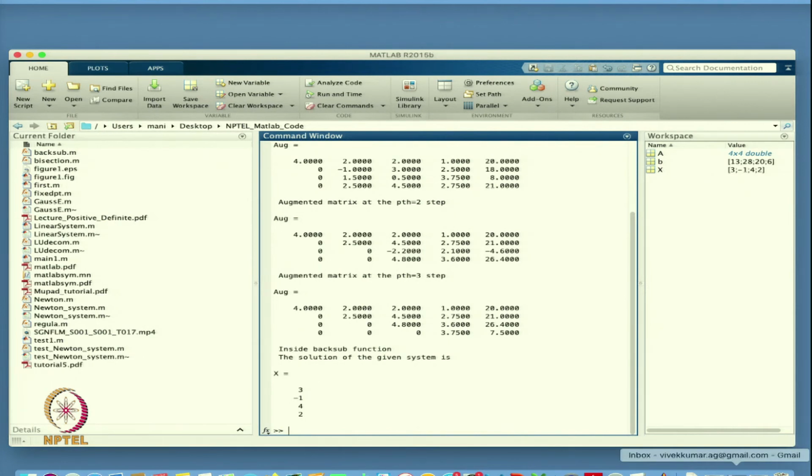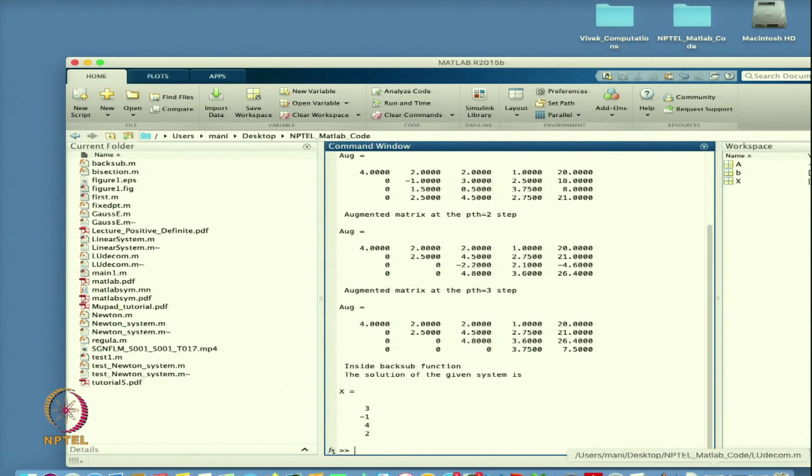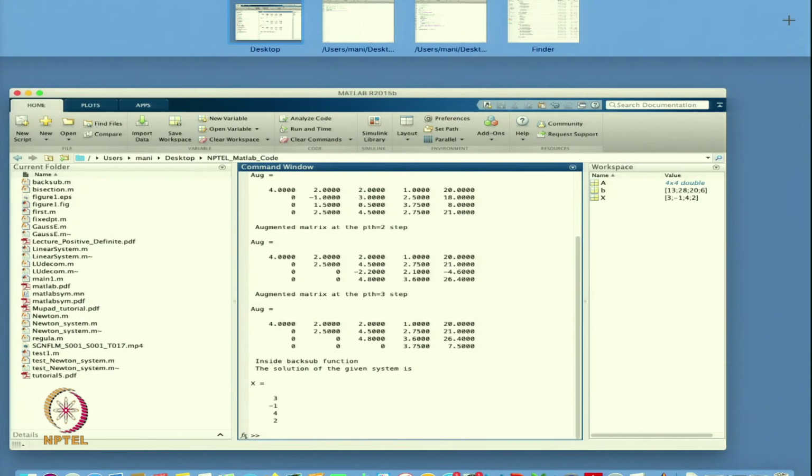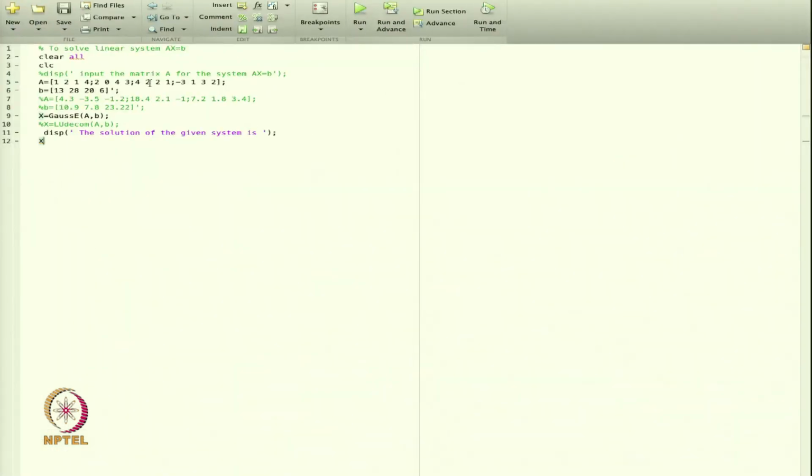Now, maybe I can change the system and go with a new system. So, this is the matrix. I can just comment this one out and take another matrix, this one. The previous matrix has all values as integers, but what will happen if I take floating point numbers or real numbers?